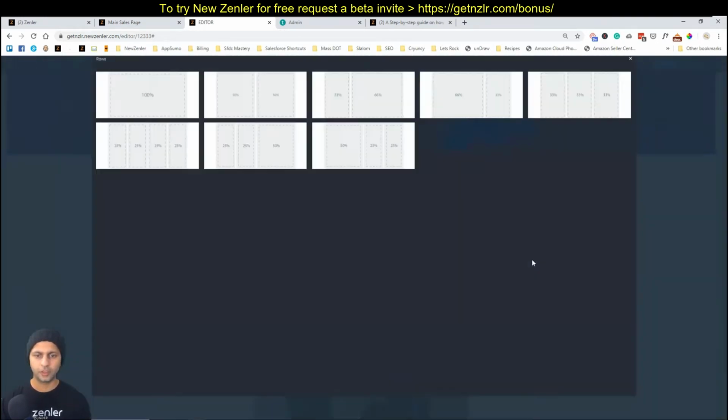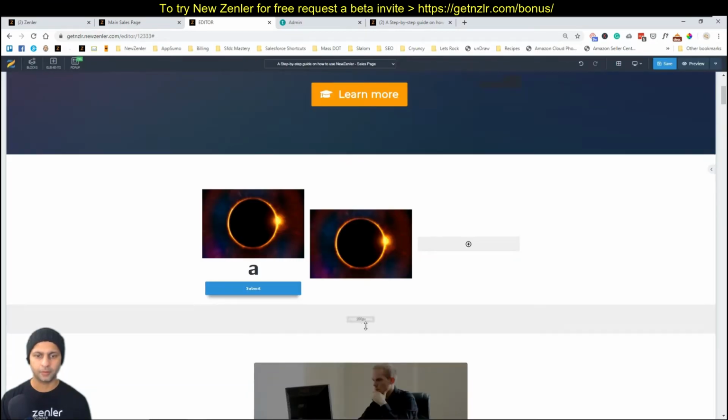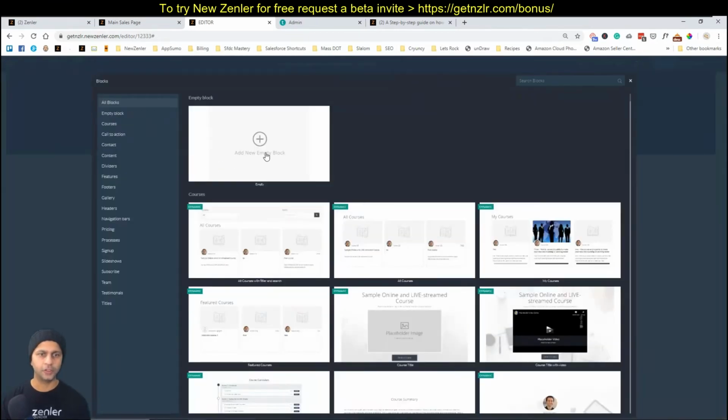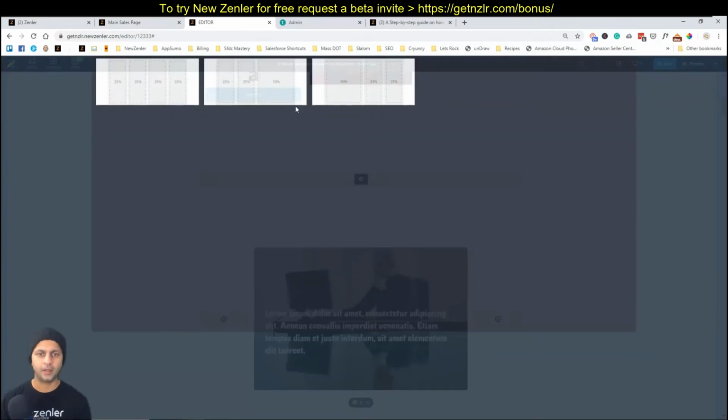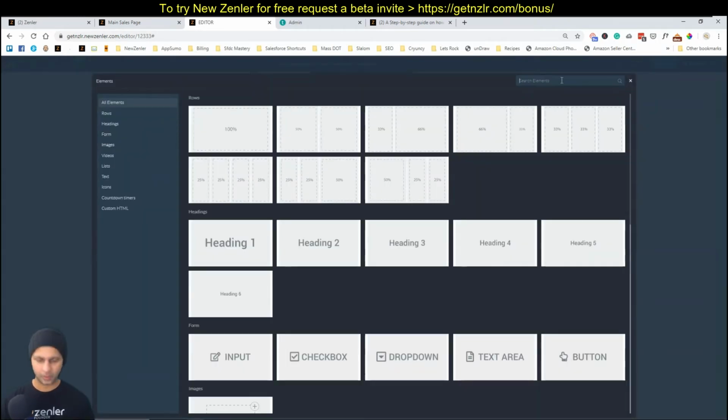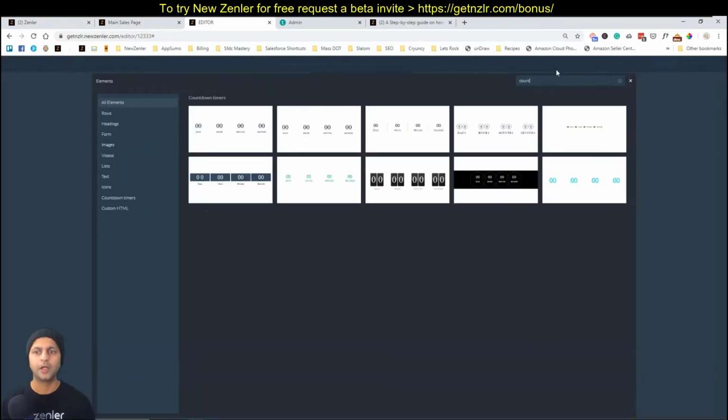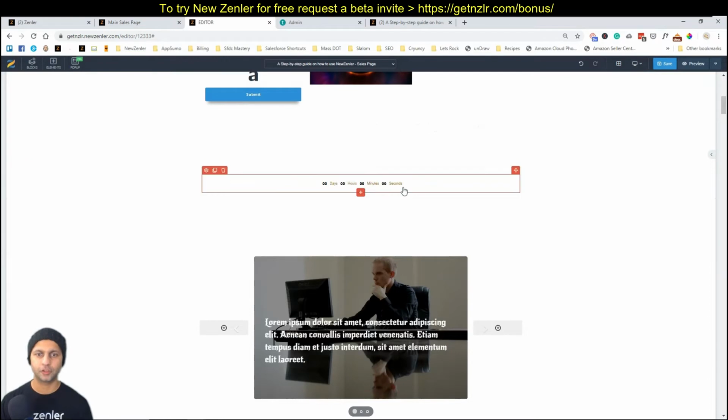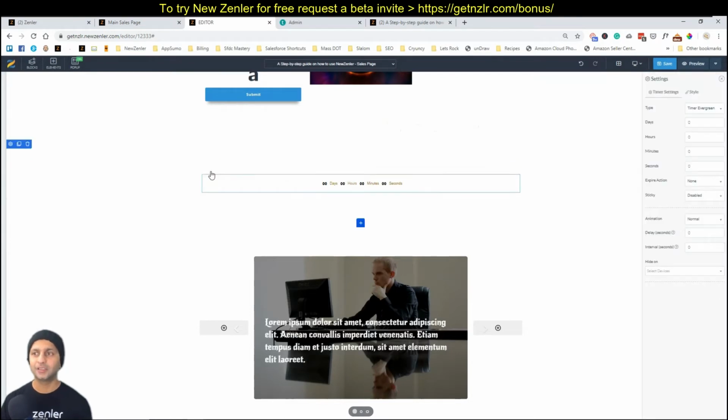I'm going to hover over here, add a new row. I'm going to add an element. So let me add a new empty block first, and then within that empty block add a row, and then in that I'm going to add a countdown timer. Now here's the beauty about countdown timers. First, you get all these different designs to choose from, but here's my favorite feature of the timer. Once the timer ends, you can actually have it do something meaningful instead of just having a static HTML countdown timer